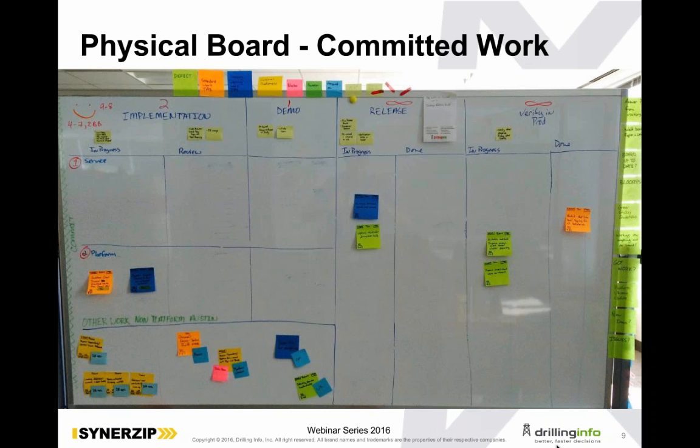You'll see service and platform and other non-platform work. And that service swim lane at the top has a WIP limit of 1, and platform has a WIP limit of 2, which as you can see, equals the column width limits. And so whenever you figure out what your WIP limit is, you can allocate those across your columns, and then you can allocate them across your classes of service or your swim lanes. But for us,